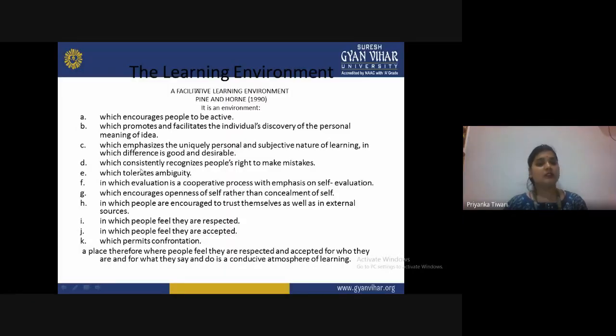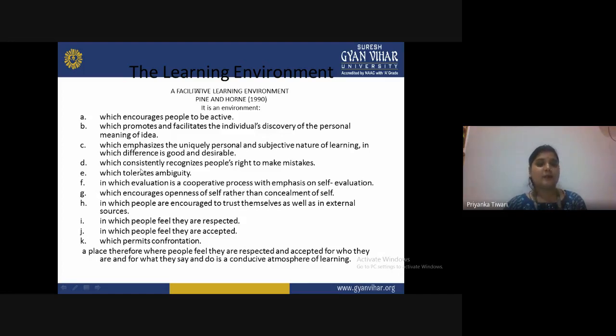A learning environment which encourages people to be active and which promotes and facilitates the individual's discovery of the personal meaning of ideas, which emphasizes the personal and subjective nature of learning, in which difference is good and desirable, which consistently recognizes people's right to make mistakes, which tolerates ambiguity, in which evaluation is a cooperative process which emphasizes self-evaluation, which encourages openness of self rather than concealment of self,